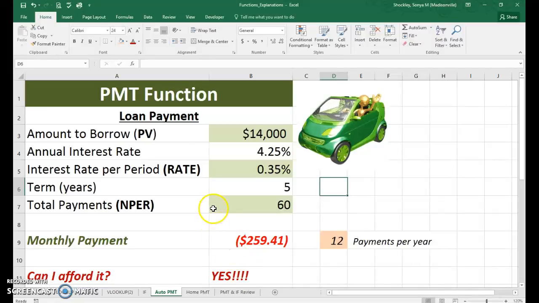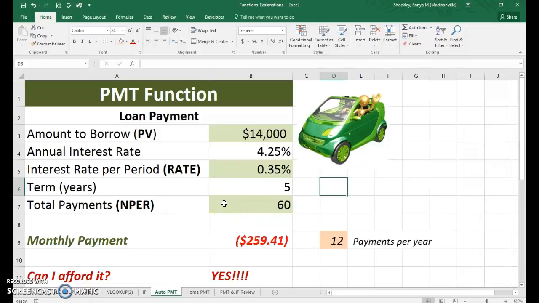One of my favorite functions to teach in Excel is the PMT function. This one has the most real-world application because hopefully at some point everyone already has or will be in the market to buy a car or a house. To explain how this function works, this is an actual worksheet that I use in my face-to-face classes and that